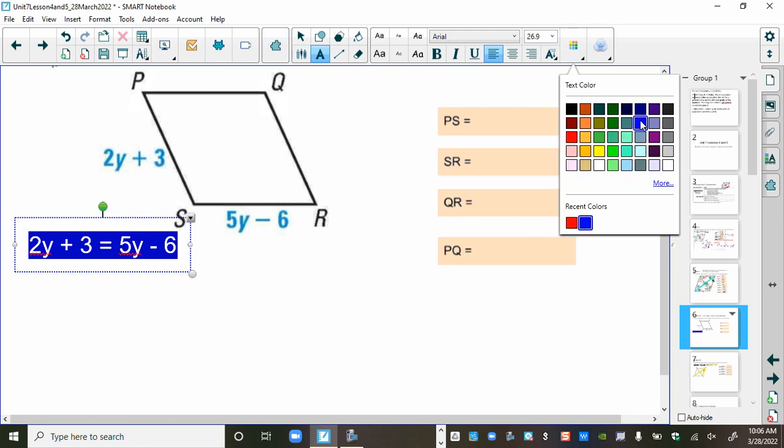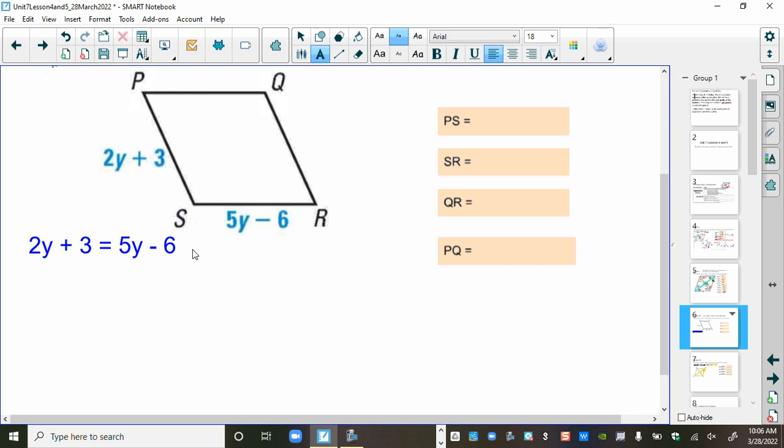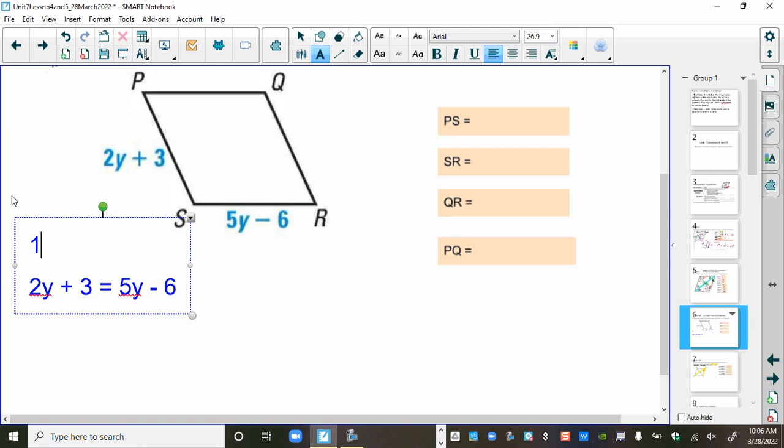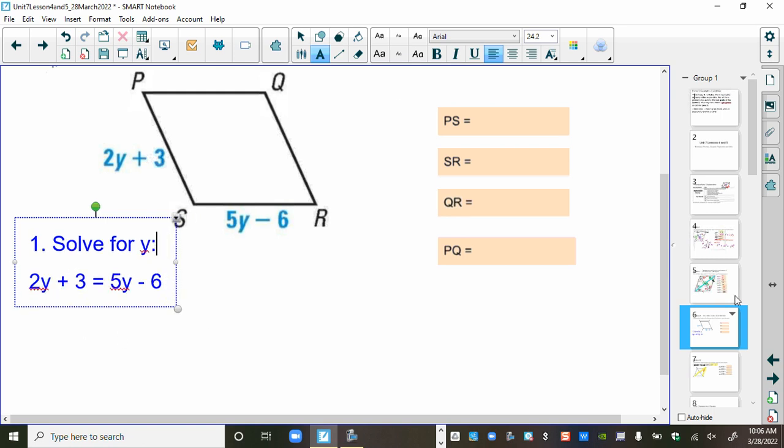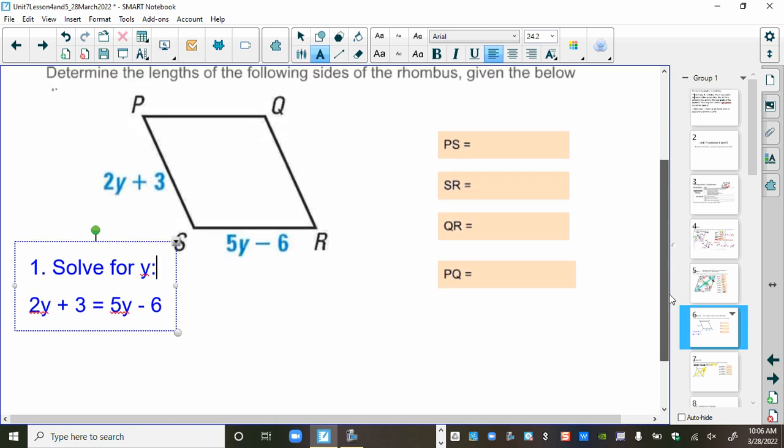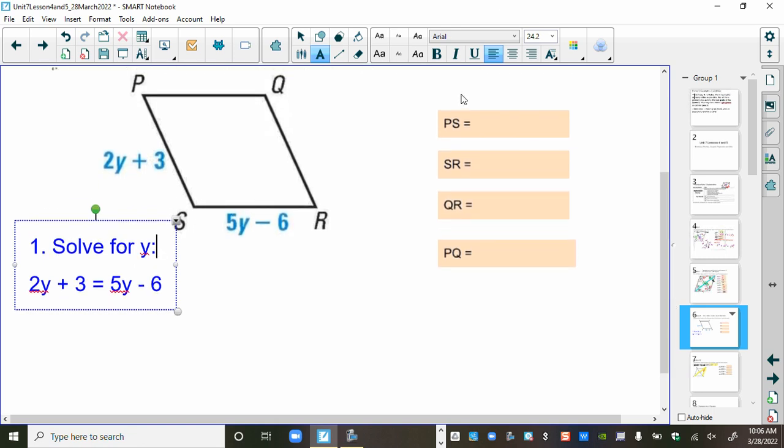First, you've got to get y first. I'm going to say first solve for y. So that should only take you 2 to 3 steps. And then once you get that value of y,